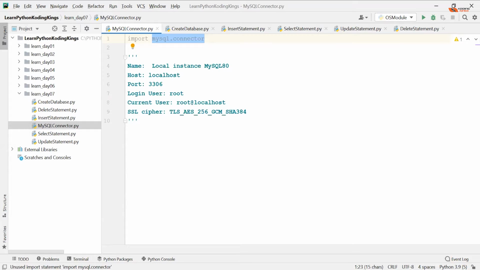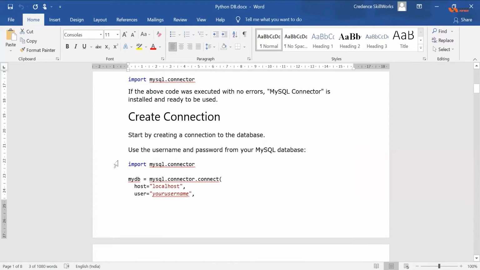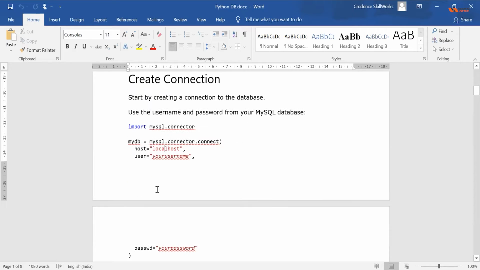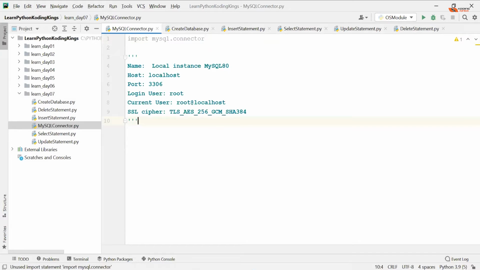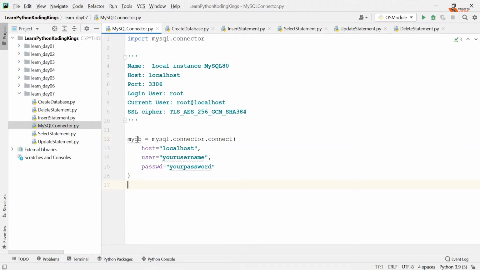So let's make a connection now. How do you connect? You actually use mysql.connector.connect. Connect is the method and you pass all these parameters: host, user and password. You can also pass the database. Cool with that? So let's go ahead and do that, and then we will replace those parameters with the parameters we just pasted above. So I'm saying myDB.